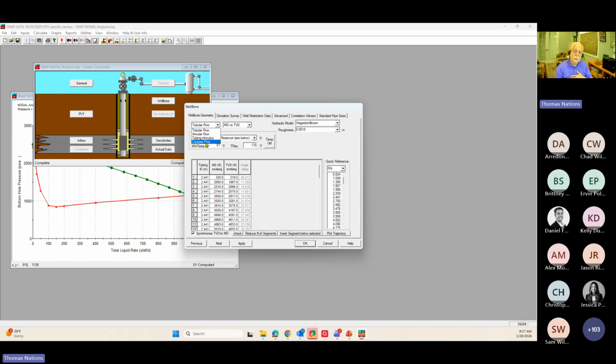The other one is complex flow. That's if you have multi-layer reservoirs and you run your tubing in there and across multiple perforations. So you have 1,000 feet of perforations or something, and you want to know where's the best place to hang your tubing tail for the most production rate. So you can choose that complex flow model, and it will allow you to put in the information where upper